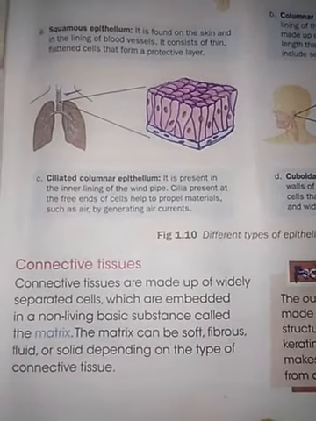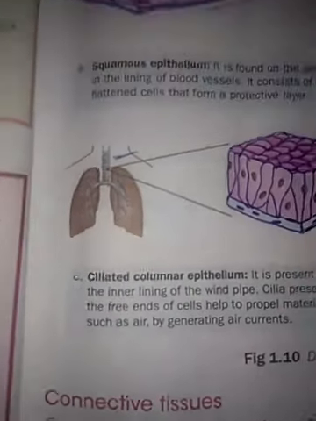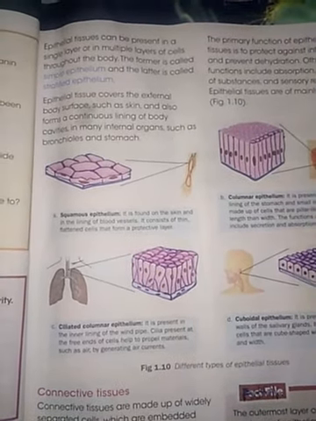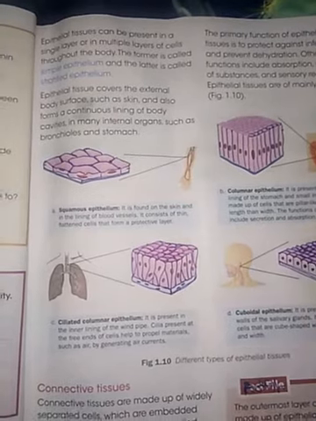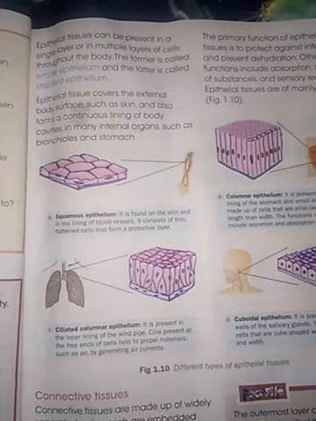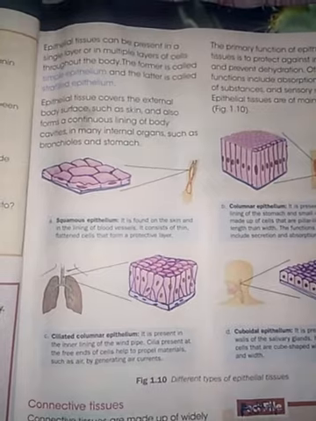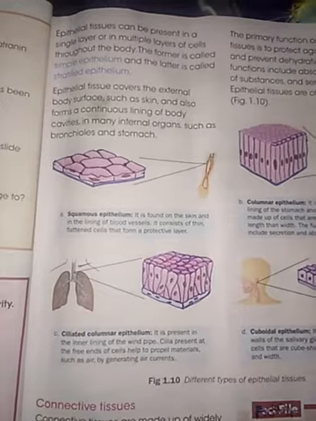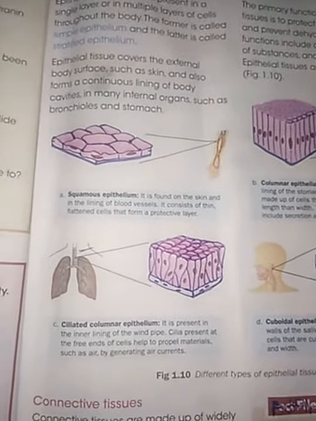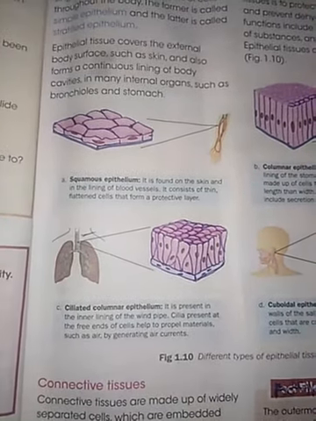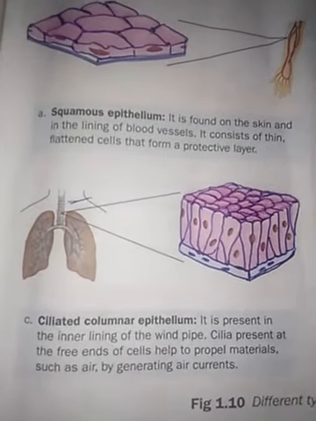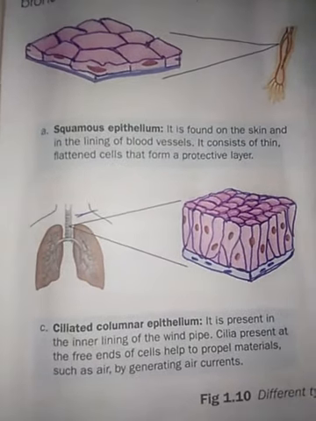Connective tissues are made up of separated cells. These type of tissues are made up of separate cells. Each cell cannot join together. It is present in a separated form. But these cells are joined with non-living substances. The separate cells are joined with non-living substances. That is called as the matrix. Understand, students?